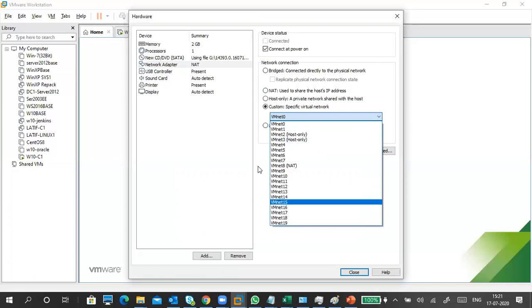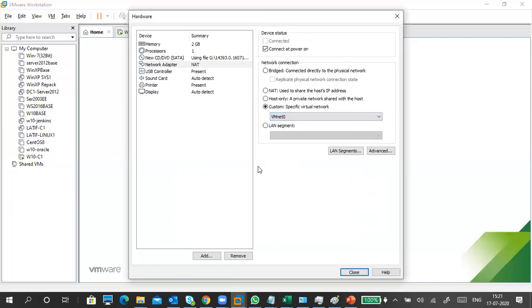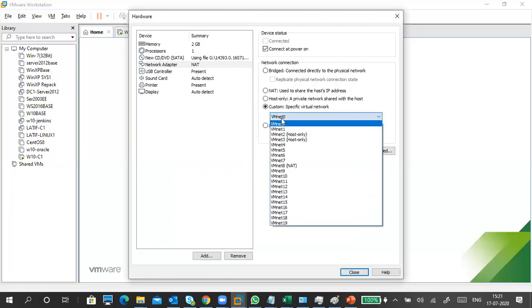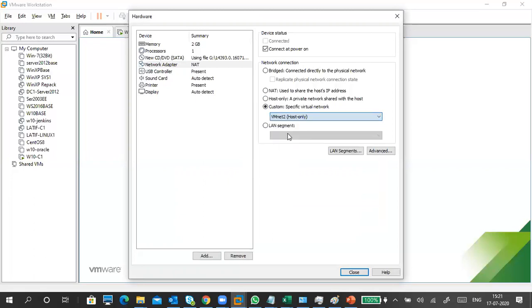Here it is a confusion. I am using VMnet 2, but guys, you should use VMnet 1 only. I will tell the differences.